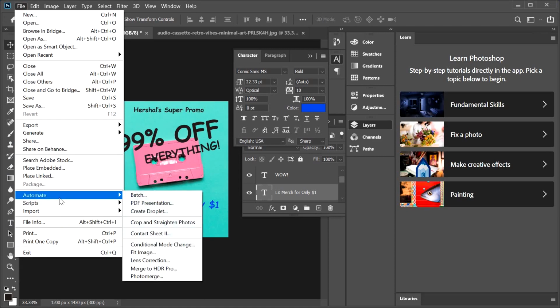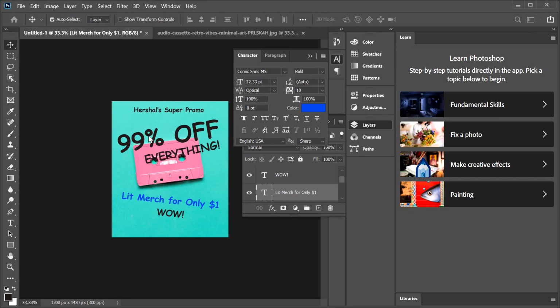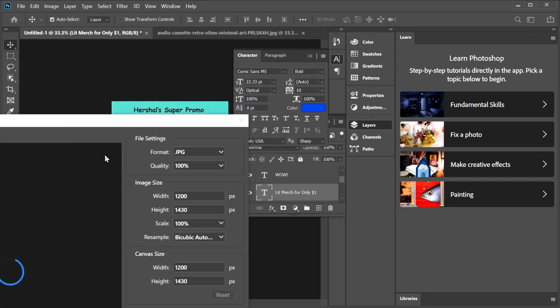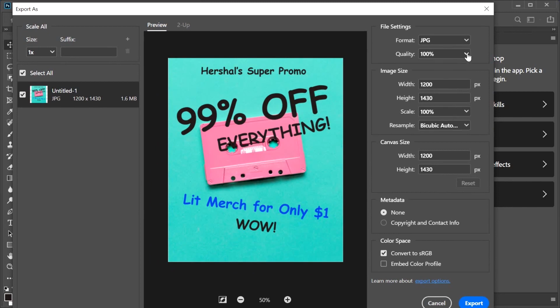Now we're going to export the image, and this is also very important. What I'm going to do here is export it in JPEG format because it is a somewhat complex image. I got some gradients and stuff in there, so JPEG is probably the best format in this case. If there's a lot of flat colors in the image, then you definitely want to use a PNG format. But in this case, like I said, JPEG is what's going to work best. So I'm going to set that as the